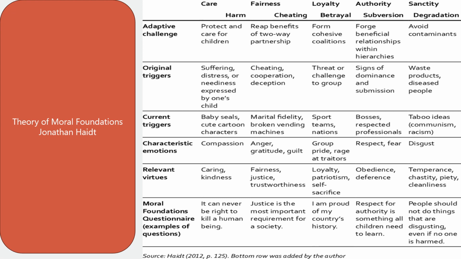Authority is respect for the hierarchy and respect for the social order. Sanctity is about our sense that some things are sacred, or that something shouldn't be used in certain ways. The American flag is an example of that, right? So there, it calls us to recognize as moral certain kinds of degradation.